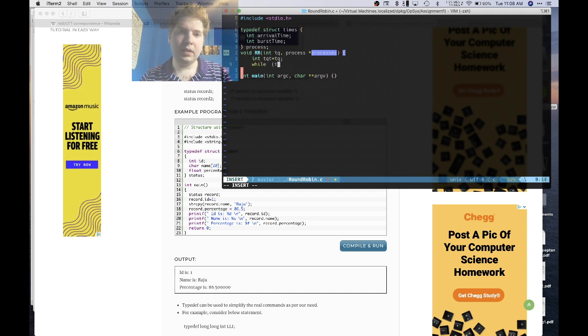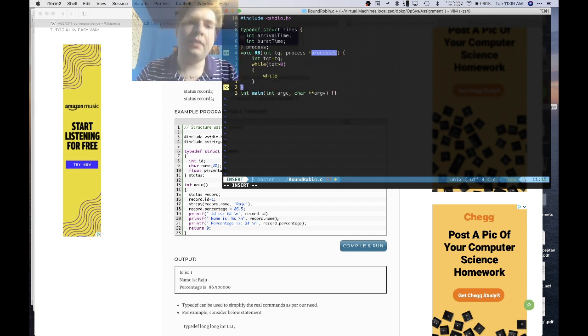And while TQT is greater than 0, so here we get into the nested nature of this. And then what I'm going to do is that while